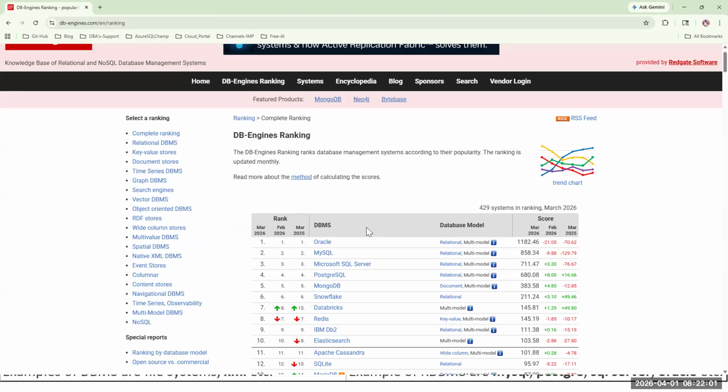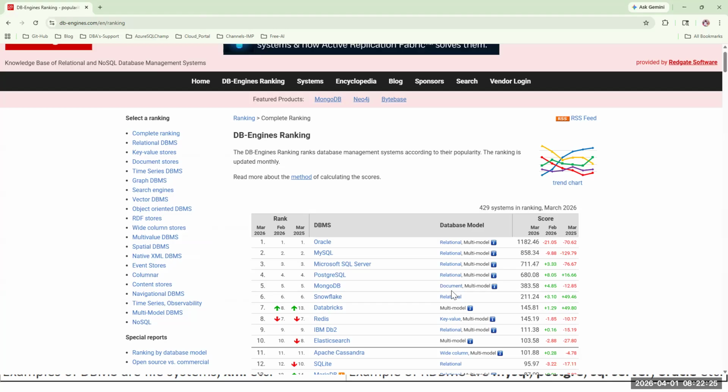But the most popular are the top 5: Oracle, SQL Server, MySQL, Postgres, MongoDB. These are the top database management systems. All fall under relational database management system except MongoDB, which is something different, sir. Mongo is a document kind of stuff.